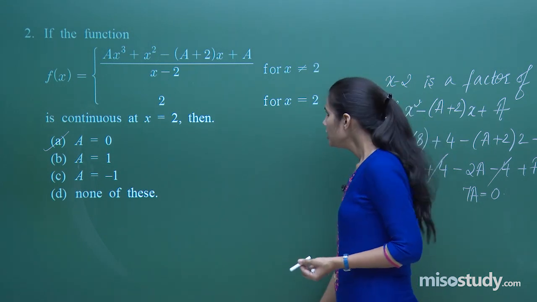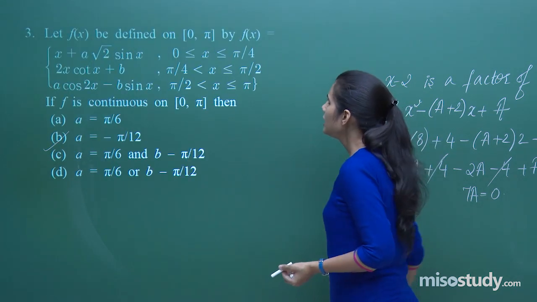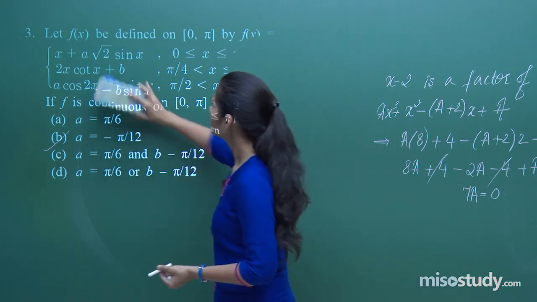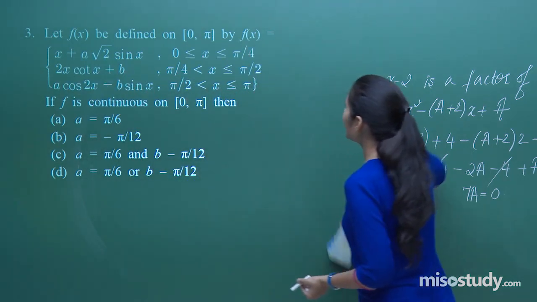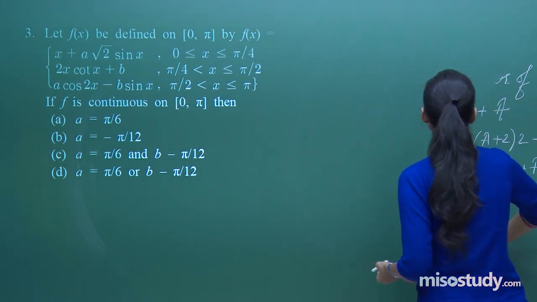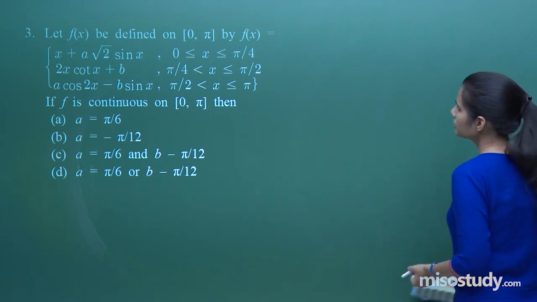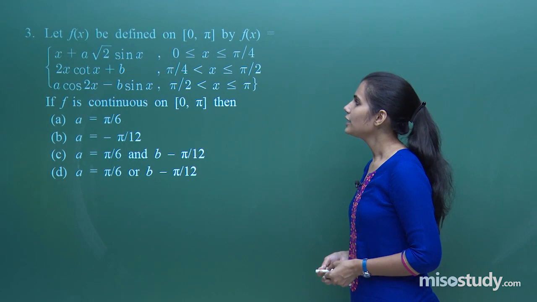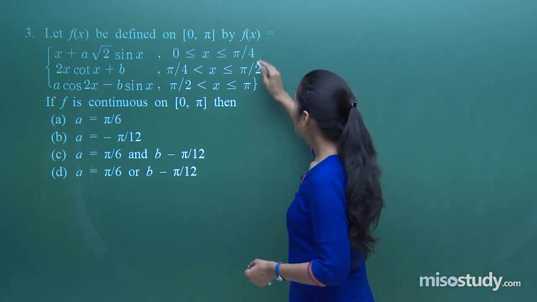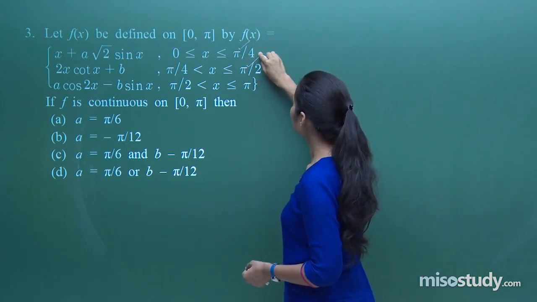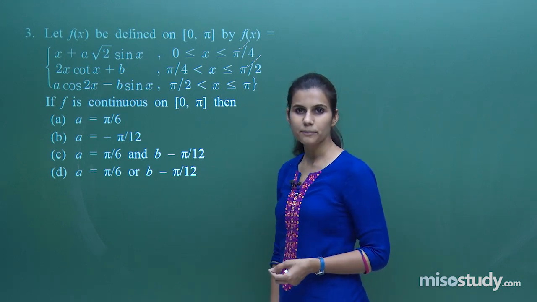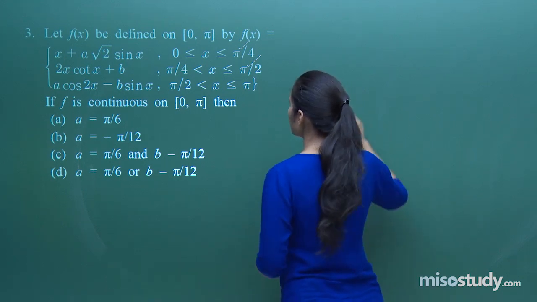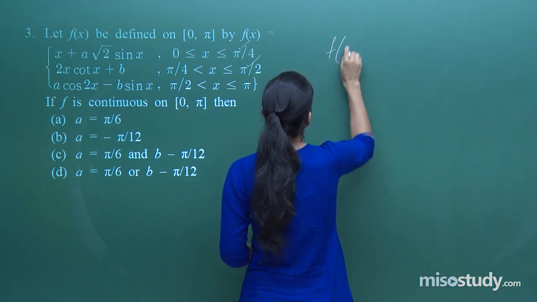Fine. Looking at the next question, we have f(x) defined on 0 to pi by this particular branch function definition. If f is continuous on 0 to pi, then what is the value of a and b? Obviously, we are to check the function's behavior on these breaking points, which is pi by 4 and pi by 2. If I talk about f of pi by 4,